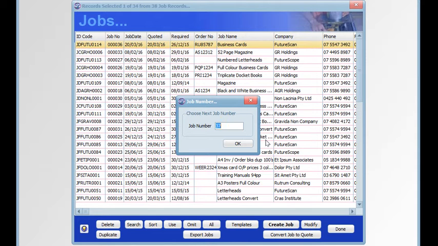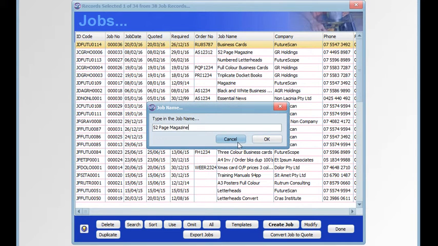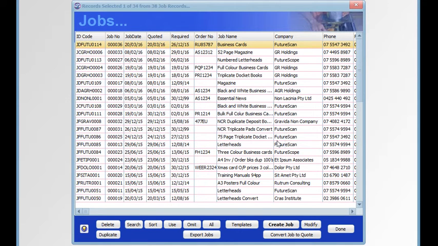So here you have the option of leaving a space and accounting for other job numbers. So you may have some photocopying on another piece of software, and you've used a couple of job numbers and you're up to say 43, just type in the new number here, and this will take on from where your other job numbers left off. But here we'll just use the current job number that's in the Preferences. We get an option to change the name. We click OK,